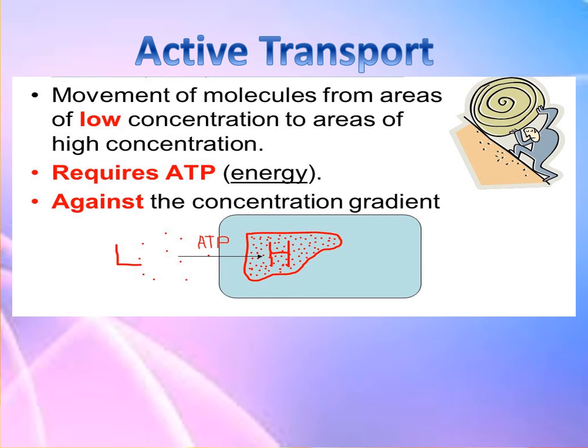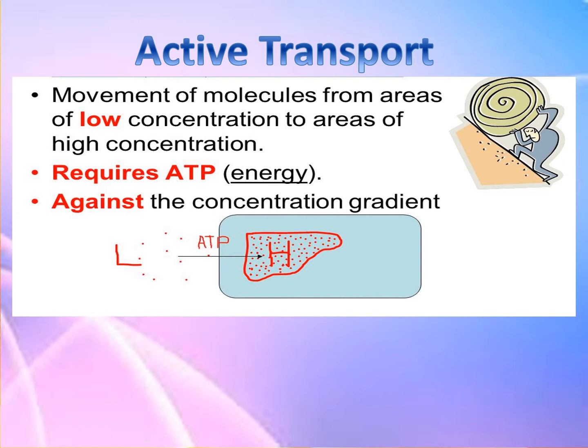Active transport. Children, you now know about diffusion. Diffusion happens because of the kinetic energy of the particles. It does not need any extra energy. However, sometimes a cell needs to take in a substance when there is very little of that substance outside the cell. In other words, against the concentration gradient.